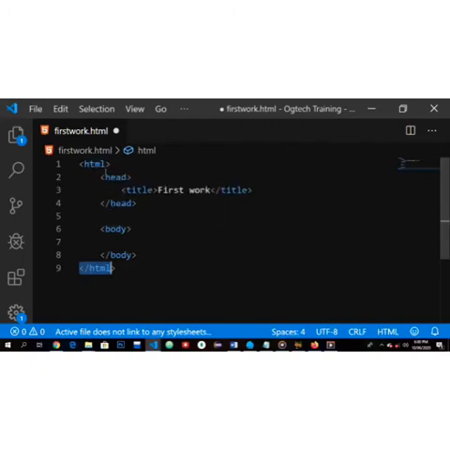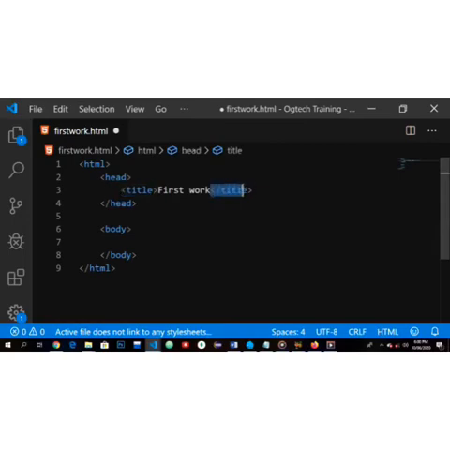head, so the opening and closing tag of the head, which always entails everything that will be done about the CSS. Then the body entails everything that will be viewed in our browser. So the HTML, the body contains everything that is going to show on our screen and the likes. So the title